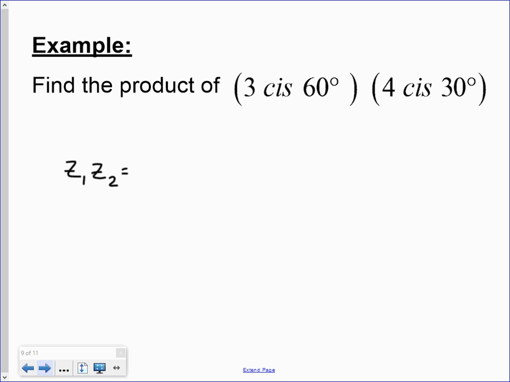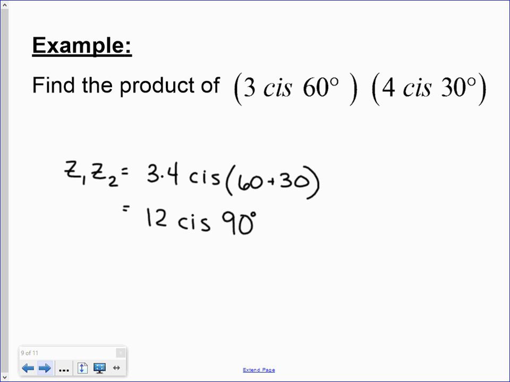So z sub 1 is 3 cis 60, z sub 2 is 4 cis 30. Those are just my two complex numbers I'm multiplying. What should I do with the modulus 3 and 4? Multiply them, so 3 times 4. And what should I do with the arguments, 60 and 30? Add them, so 60 plus 30. I'm showing my work here. And then I'm going to simplify, that's 12 cis